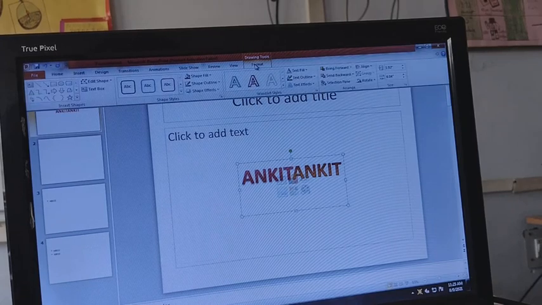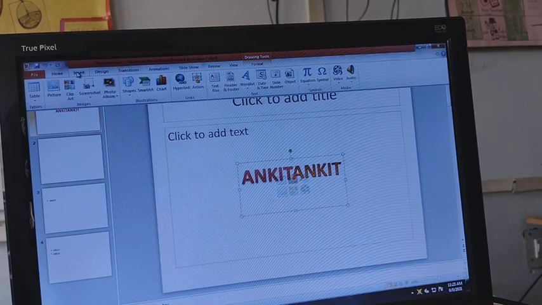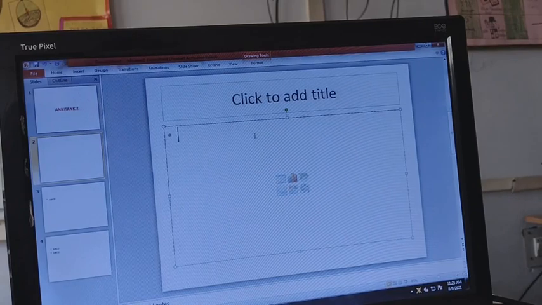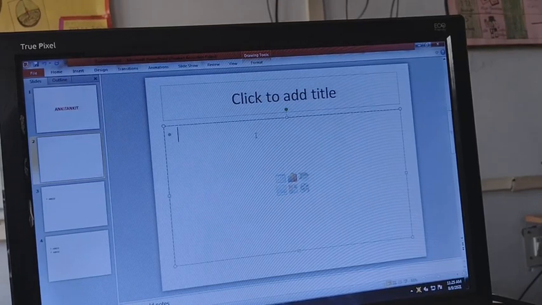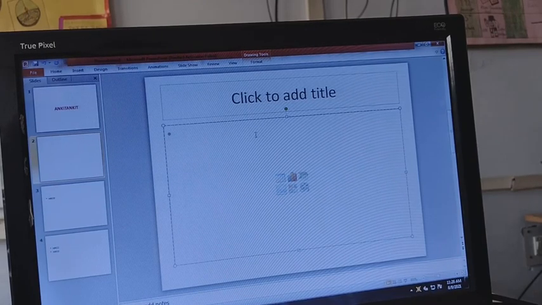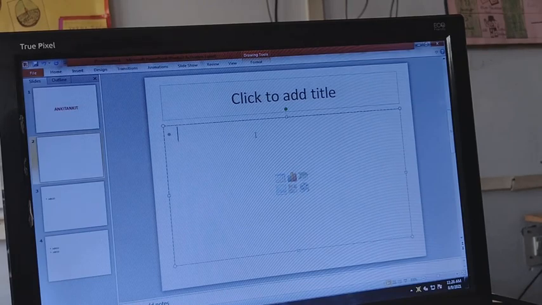Once you have chosen the word art, then you can choose from the format according to your need. You can choose it from there. So you can change the colors and various other options inside the word art. You can choose any of them. You will enjoy it when you do it practically. Those who have the system can do it at home, so that it will be very easy for you to understand.